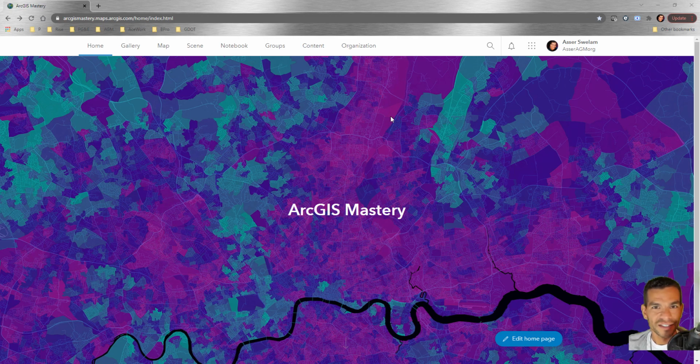Welcome back, guys. So in this section, we will learn about Web App Builder. Web App Builder is basically a way to build web apps where you can configure what tools go inside the app. As you know, there are GIS developers who create web applications using C# or ASP.NET